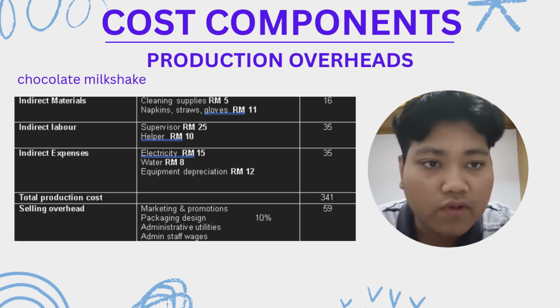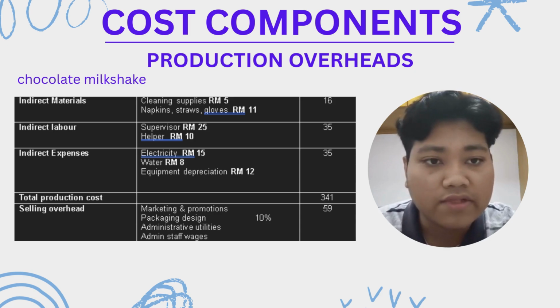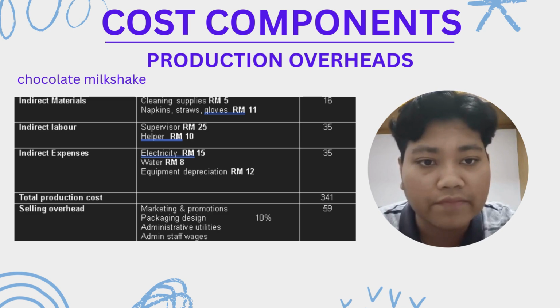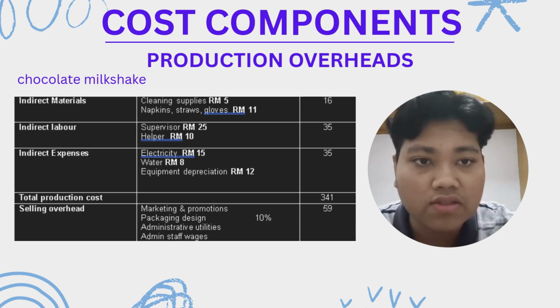After that, we move on to indirect expenses. These include electricity costing 15 ringgit, water costing 8 ringgit, and equipment depreciation amounting to 12 ringgit. Altogether, the total indirect expenses came to 35 ringgit. When all these production overheads are added together and combined with direct costs, the total production cost for the chocolate